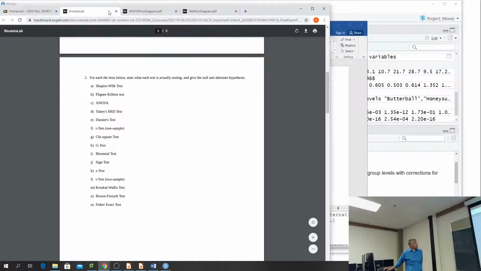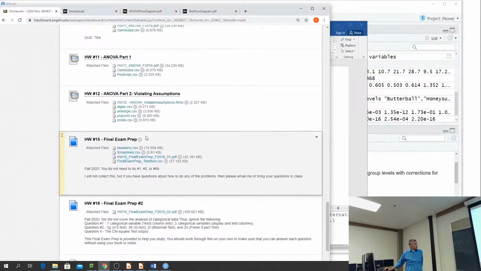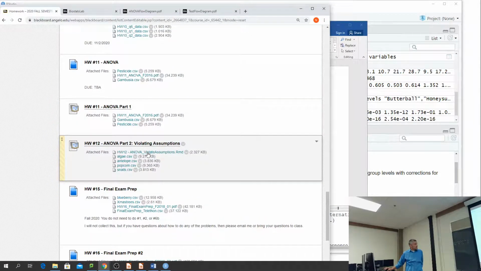So you can use the rest of the time to work on this part 2, violating assumptions. I do have the data sets up. And if you've already finished it, you can work through this final exam prep. Again, if you can work through it and say, yeah, I feel pretty confident working through these problems in R, and